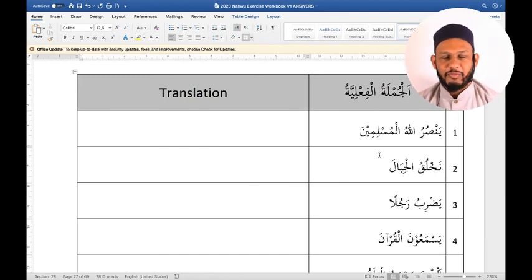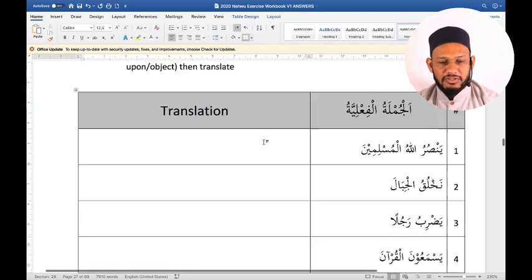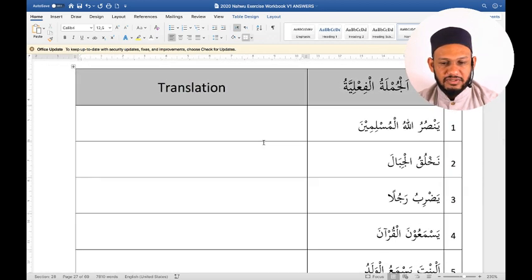Okay, so part of your homework, inshallah, as you're reading the Quran, as you're reading your Khatam for Ramadan, a portion every day, is to try to keep an eye out for a fi'il, fa'il, and maf'ulun bihi. Next one, worksheet 2.7. That's also for homework.